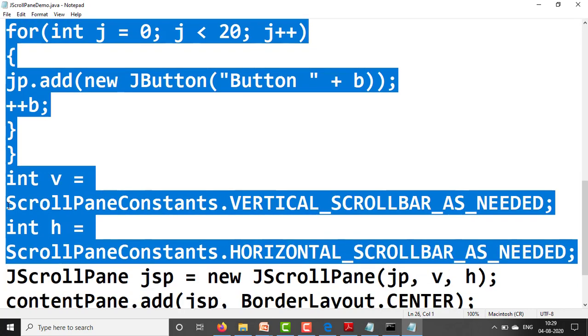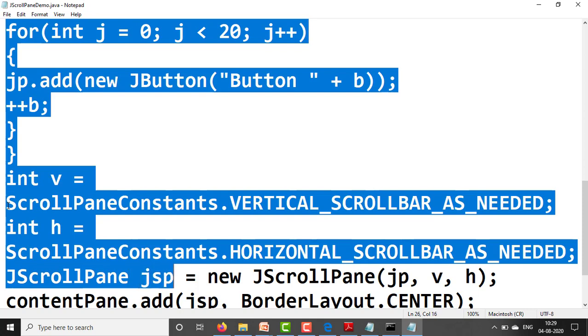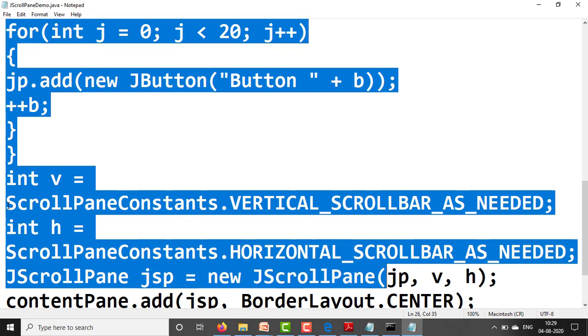These are the two constants we have declared, v and h. Now JScrollPane jsp equal to new JScrollPane, passing jp, that is the JPanel, comma v comma h, the policies for the scroll bars.